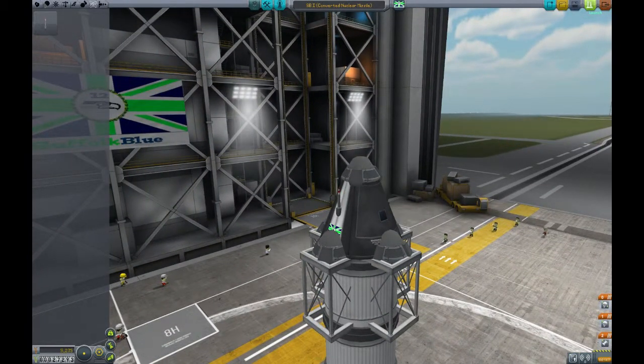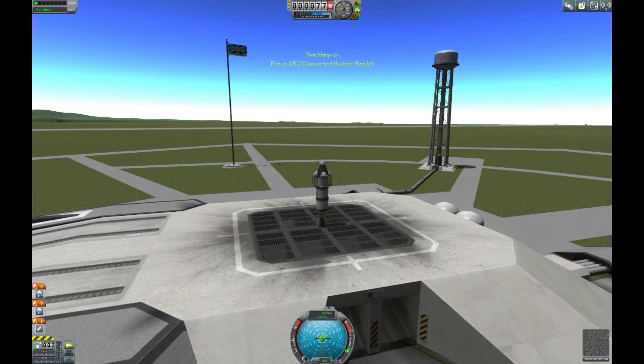Let's go back out to launch. Crikey. So we go back through the checks. Good job we checked. See, saves you having to launch something that's not going to do everything you want it to do. The first thing I'm going to do is some science on the actual pad,